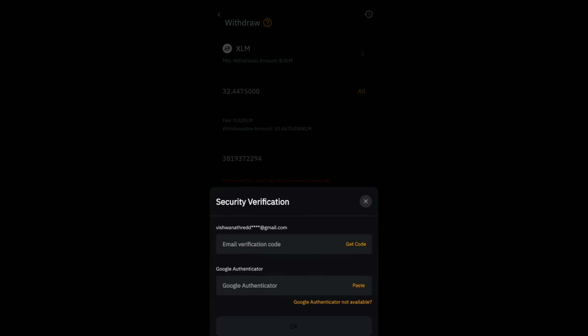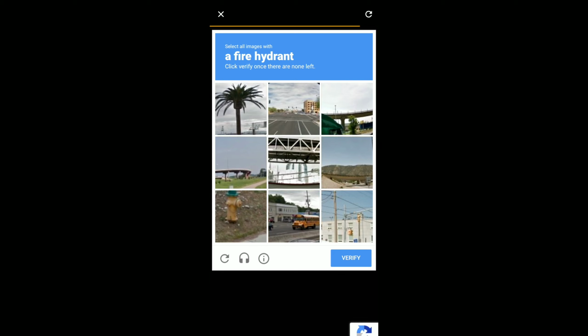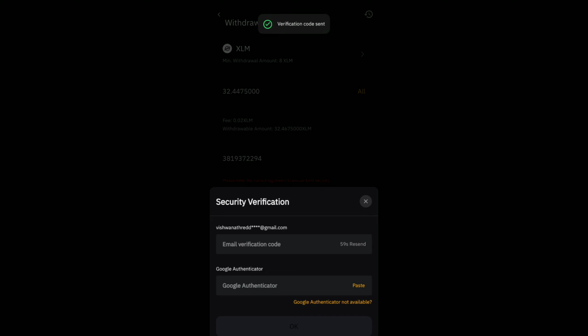Here you will get an OTP for your email account, and also you need to verify the captcha over here. I will verify the captcha here, and you will already have the OTP in the Google authentication also. I will click on get OTP and enter the OTP from the Gmail account.